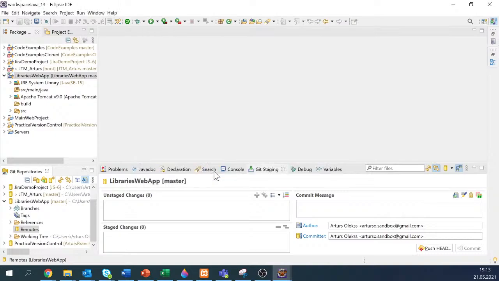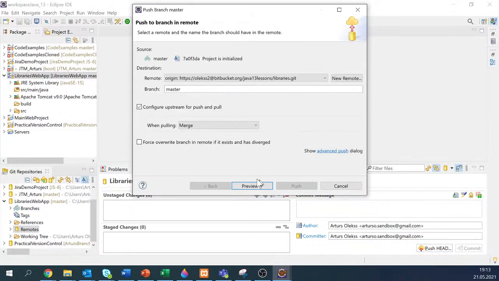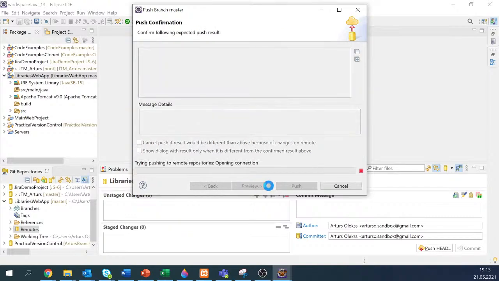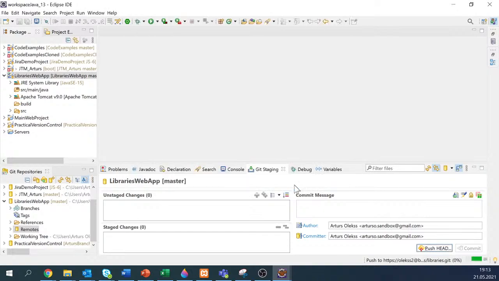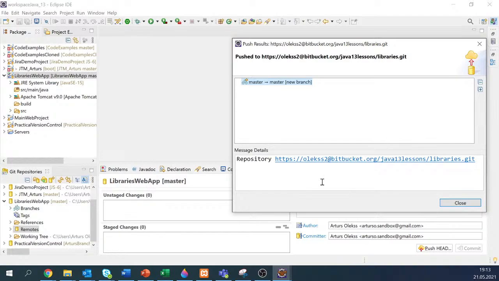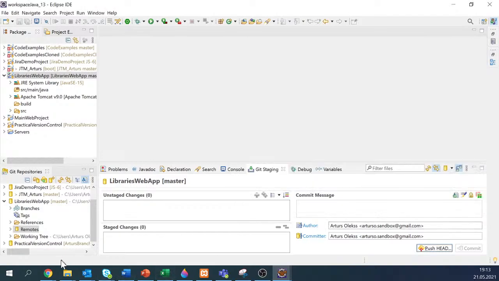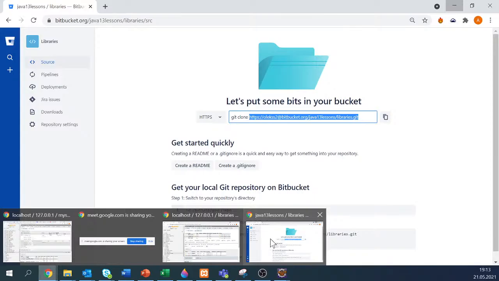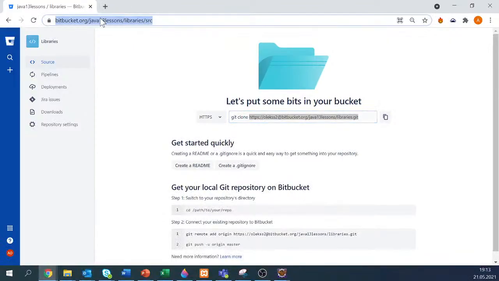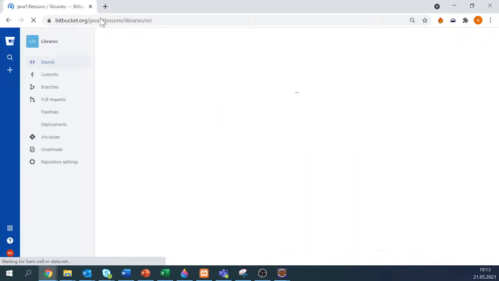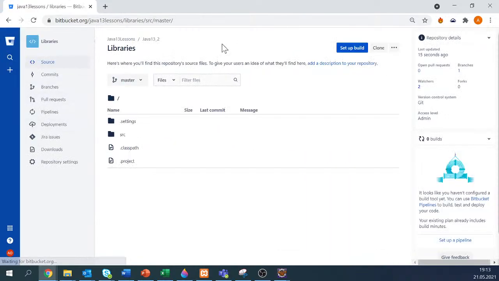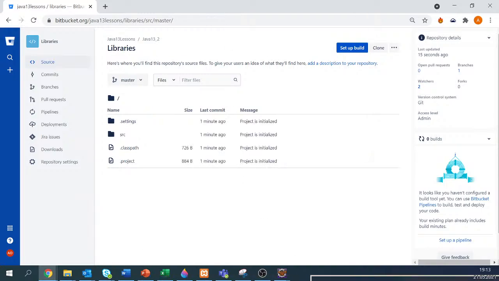So I can save and push. Maybe let's just save, then we can push it, and now the files should be pushed to the remote repository. So here we have them. Put them here, and I will also now add your users to this repository, so you can track